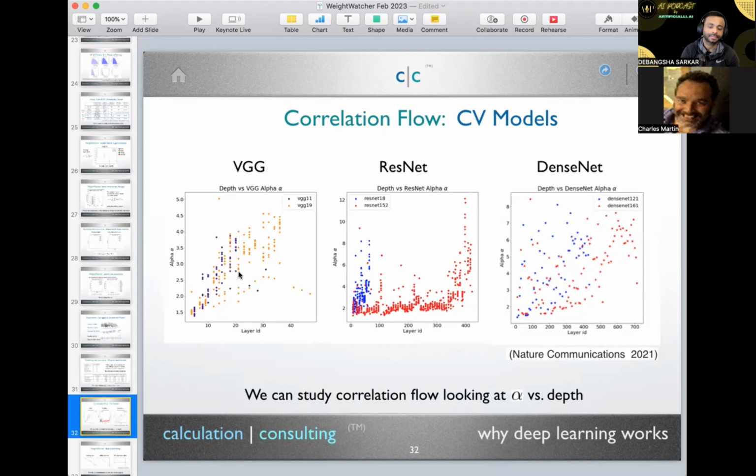And you see that ResNet has a different flow from VGG19. In the VGG models, the layers converge really well near the data, then converge less, harder to converge. Then when you get to the fully connected layers at the end, bam, the fully connected layers recapture the correlation. In the ResNet models, everything is close to 2. All the layers look good. There are little outliers here and there. And at the end, there's this head on the ResNet model, and we don't know what's going on in the head. Maybe it's underfit, maybe you can replace it. But for the most part, the ResNet models are very, very well correlated.